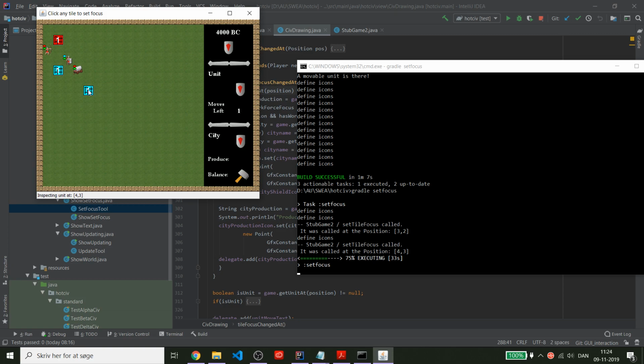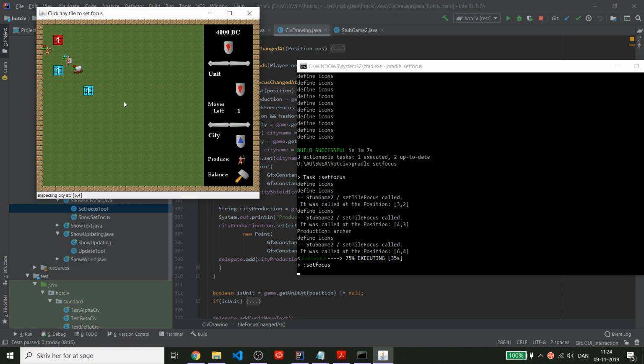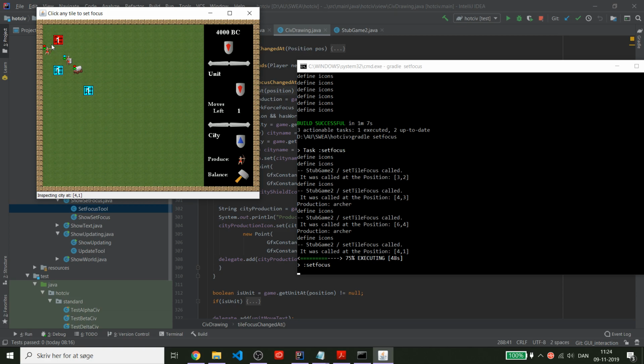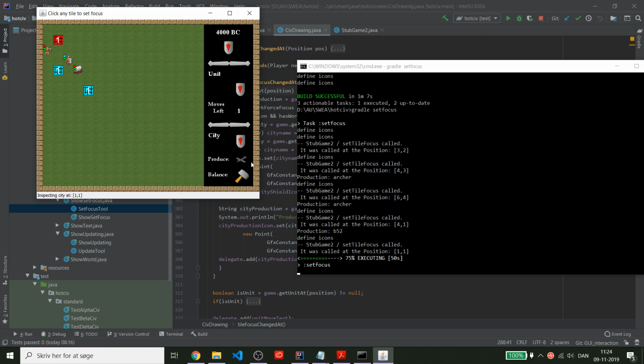Meanwhile, if the player clicks on a city, they are capable of seeing whom is the city owner, as well as what kind of unit the city is producing at the moment. So blue cities are currently producing archers, while red cities are producing B-52s. And